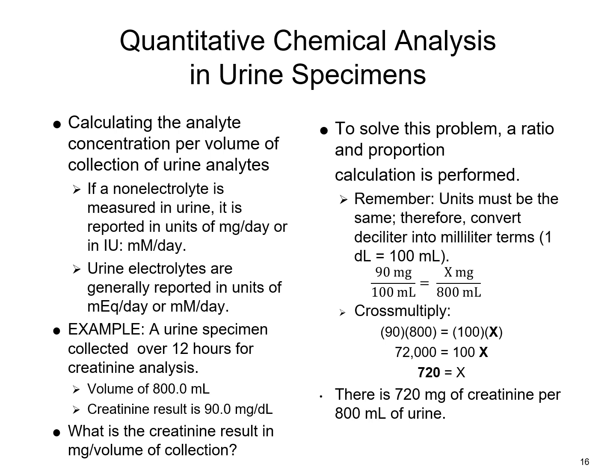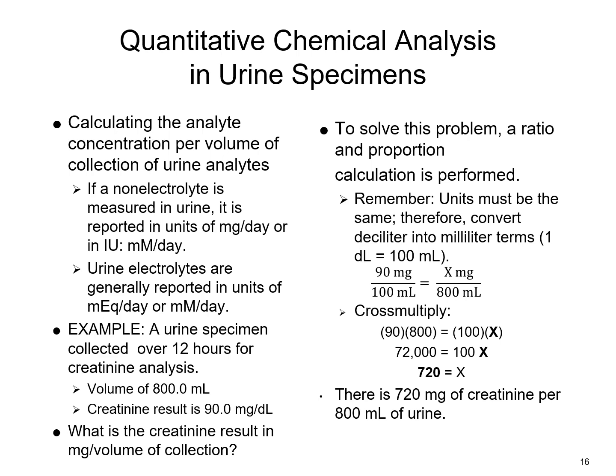To solve this problem, we're going to use that ratio proportion equation to calculate it out. We've got to make sure that our units are the same, so anything that needs converting will need to be converted. In this particular equation, we'll have to convert that deciliter into milliliters. That means that 1 deciliter is 100 milliliters. So again, we figure out those volumes, plug all of those in, and work that equation. For this patient, over that 12-hour period, we have determined that there are 720 milligrams of creatinine